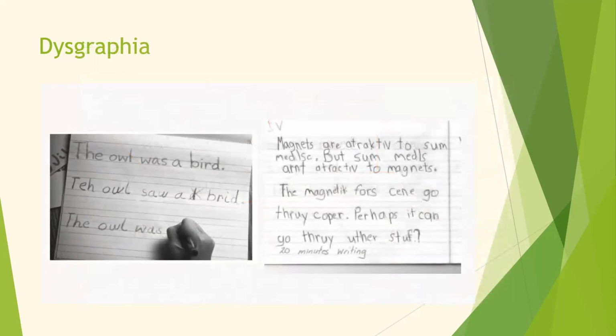Characteristics of dysgraphia are avoidance of written work. It takes them significant amounts of time to create a simple written expression. This example took the student 20 minutes of writing to create a simple little paragraph. Technical errors are abundant, such as lack of punctuation, capitalization, and improper grammar, word usage, and sentence structure, and their sentences are incomplete and they omit words.